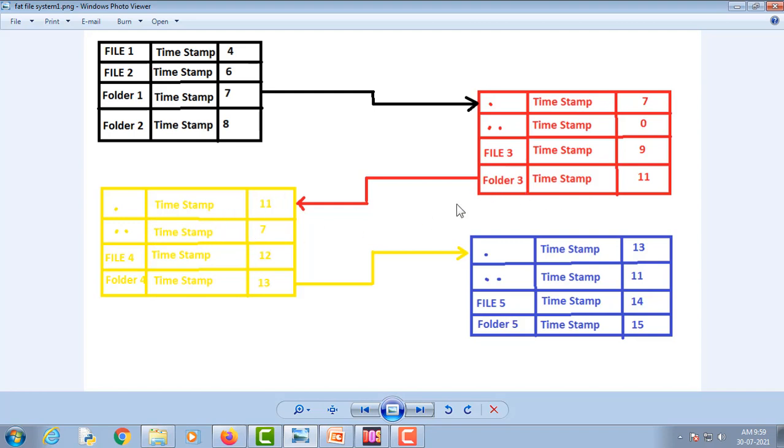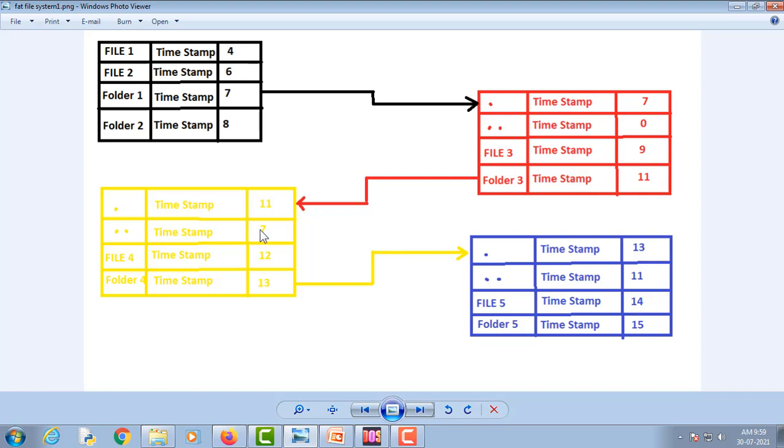You can verify this information from this entry here, that folder number 3 has a starting cluster of cluster number 11, and this double dot is representing the parent directory of this subdirectory, which is this image in red.